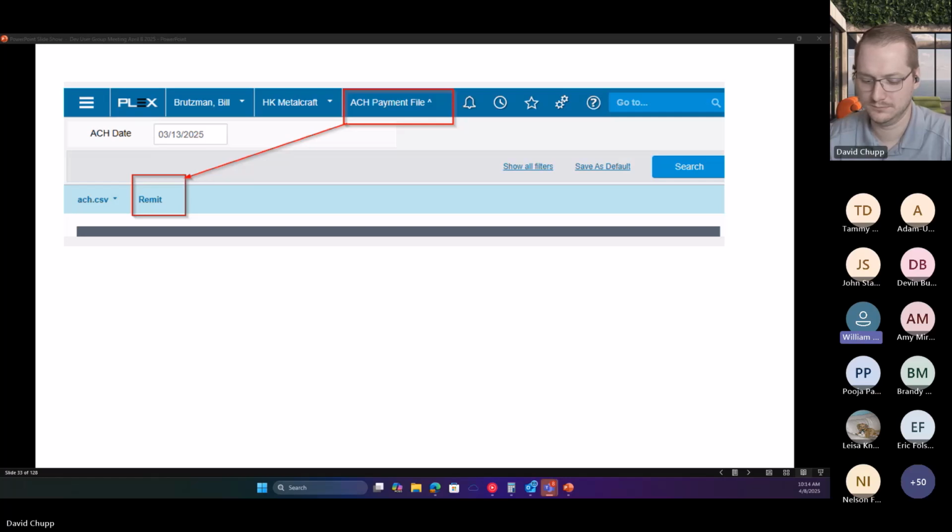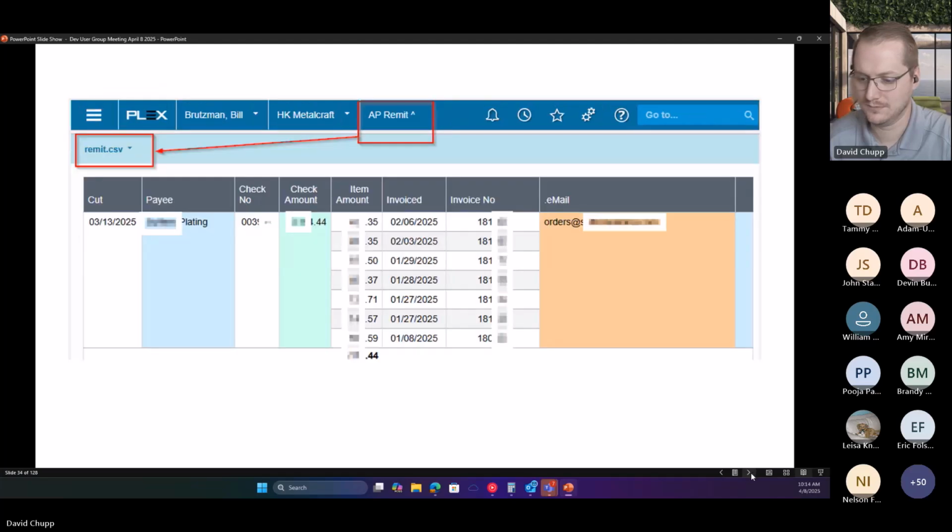But so let's pretend our bookkeeper, Hella Jaworski, clicked on the remit button, and next slide. So when she clicks on the button, it opens up this remit screen, which is kind of a summary of what the email is going to look like. Typically, there'd be more than one plating customer, but you can see in this real example, that